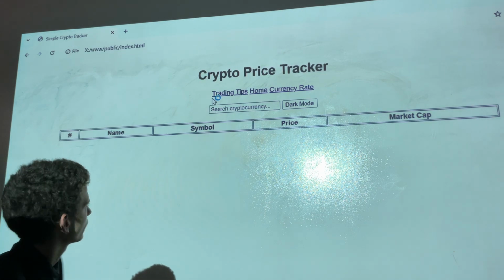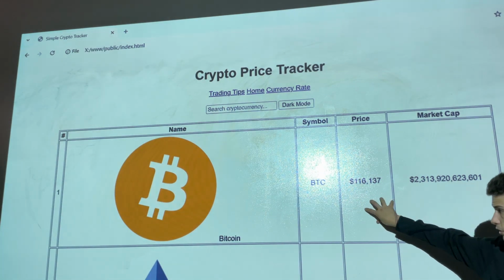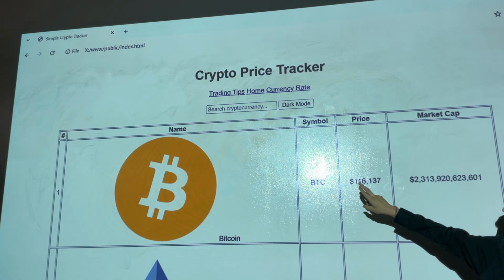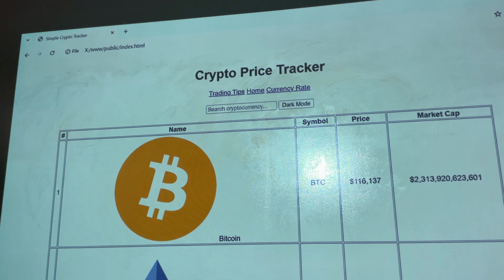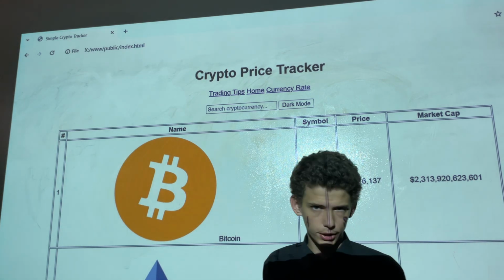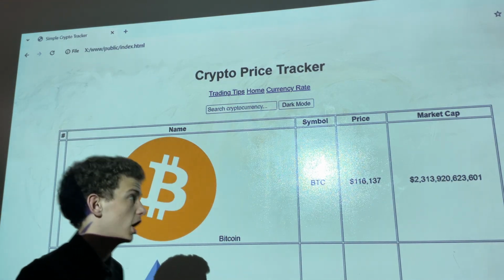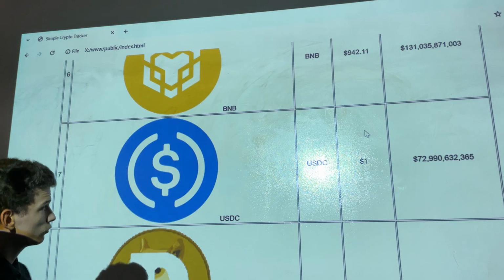So let's go with the first one, prices. This has a live, active currency exchange price for Bitcoin, for example. This was taken at around 6:00 in the morning. So it has the prices for this page. I didn't want to put all 25 pages that I can get in. Each one will update with